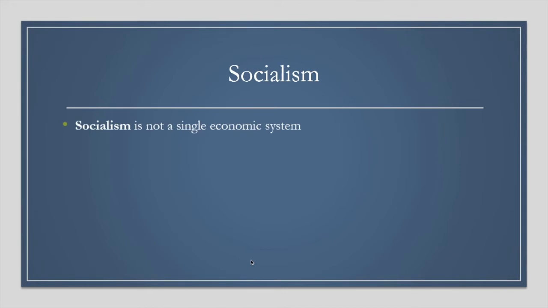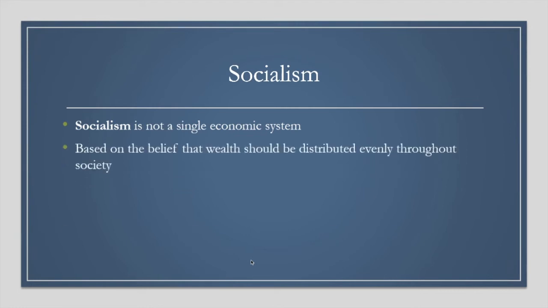It's really kind of a combination of economic systems. So in a socialist system, if you look at a spectrum of the free market, socialist systems are somewhere either a little bit to the left or more middle, because you have a belief system that drives it, which is that the wealth should be distributed a little bit more evenly through society, but they don't completely discourage the accumulation of wealth.